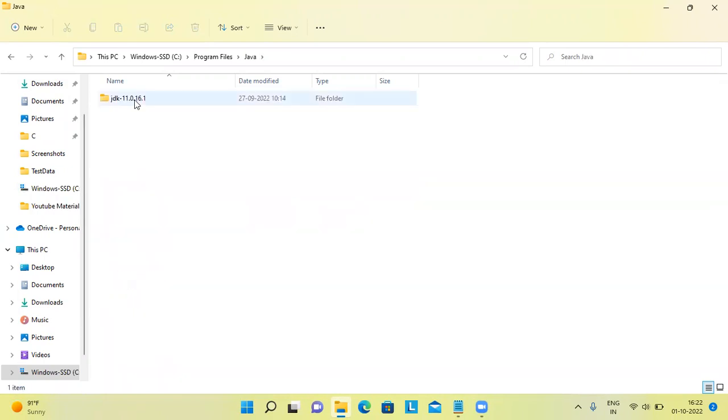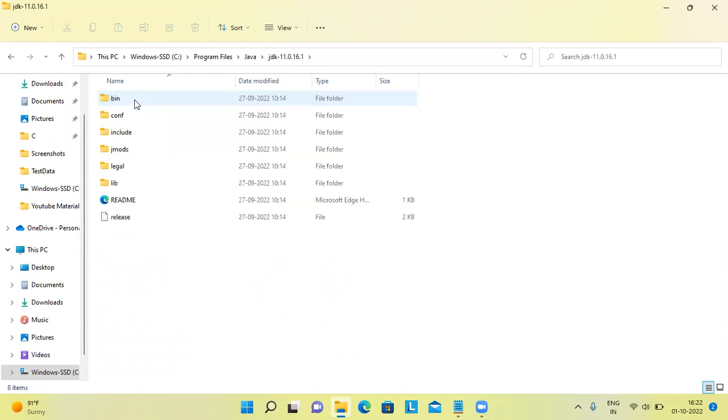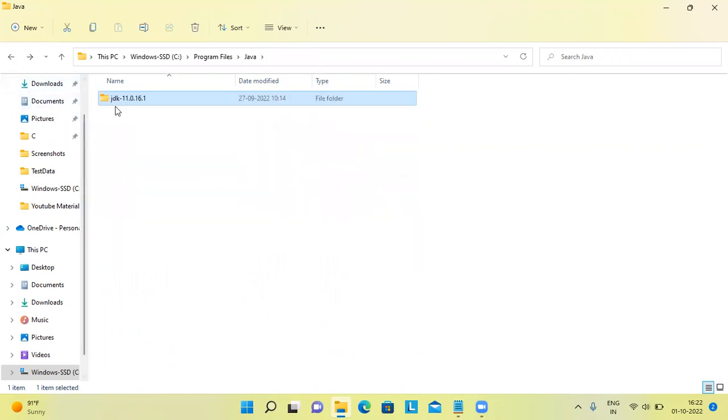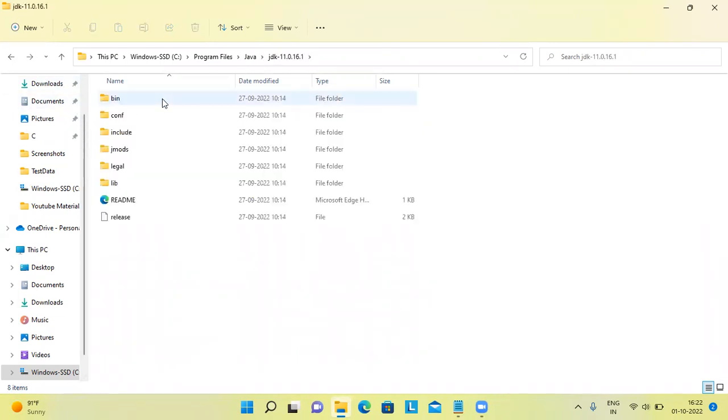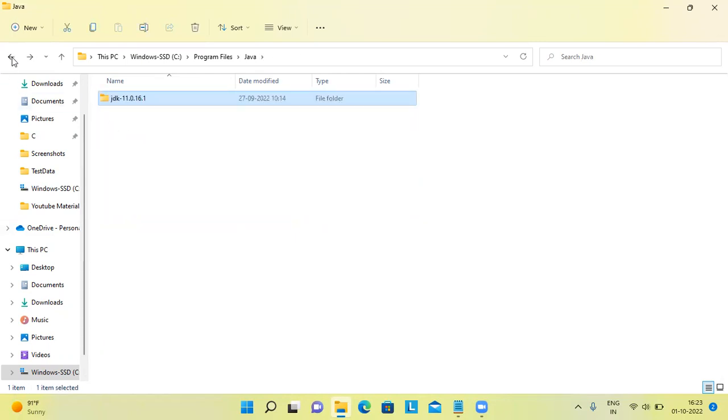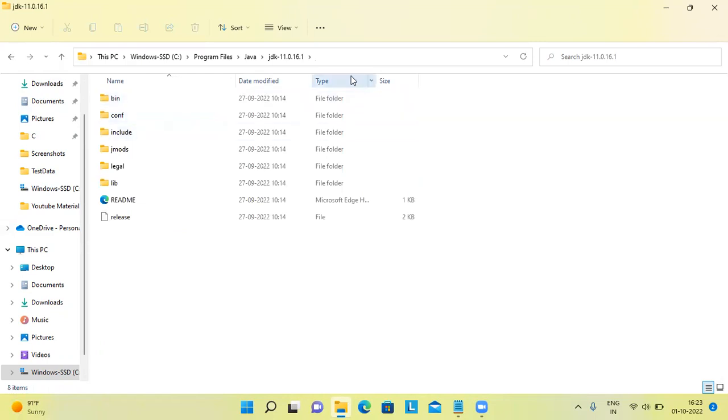In this Java folder, your Java will be installed, and all the files and data of Java will be stored in this folder. So first click on it, and then click on the path of this Java folder and copy it,